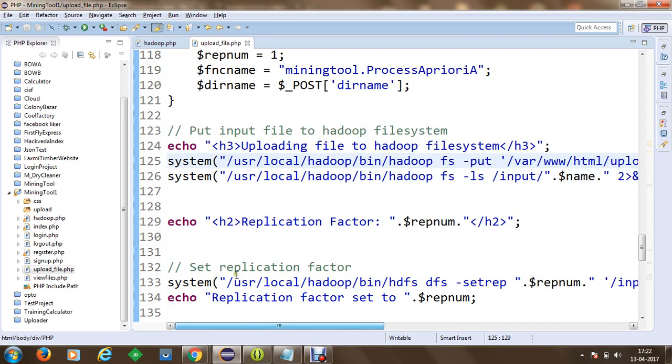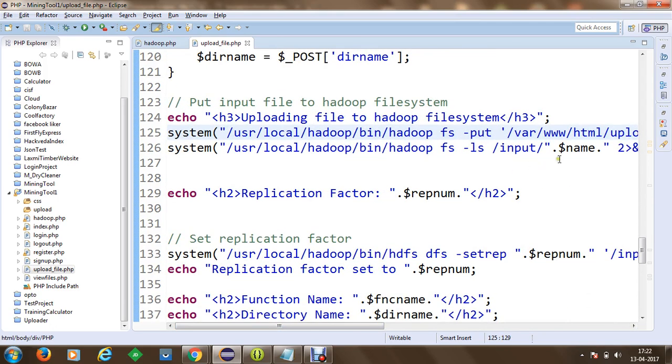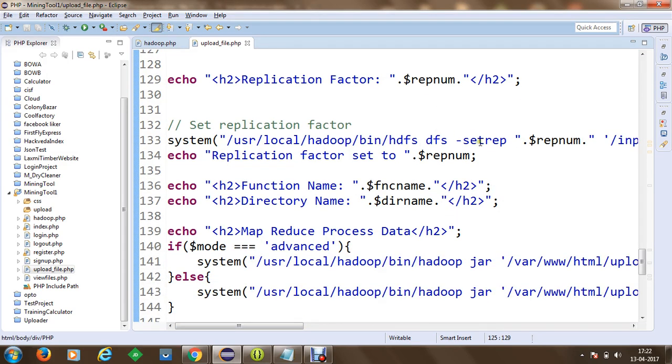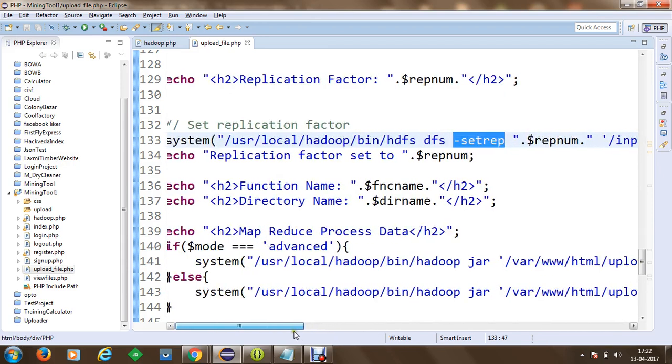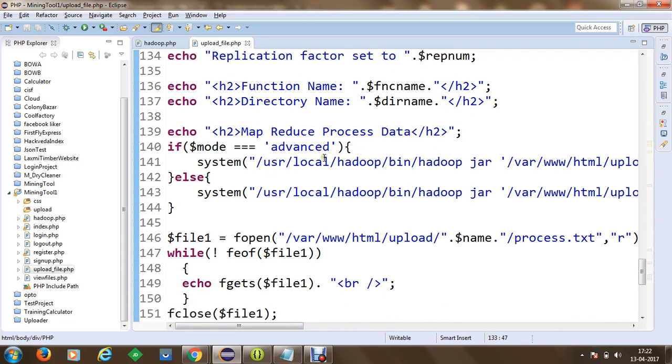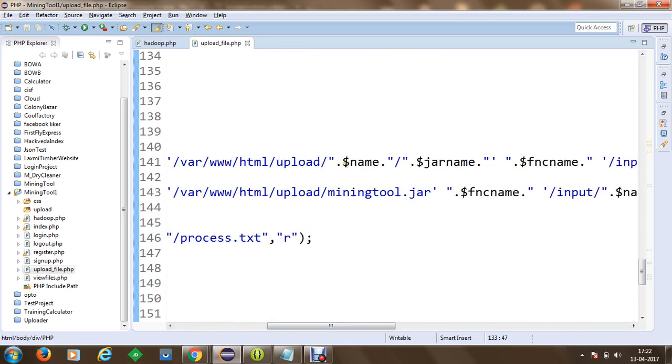Once it is done, we are going to get a list of files uploaded. Then we are going to set the replication factors. The replication factors can be simply set using the setrep option with the HDFS command. Once these replication factors are set, now we can identify whether we are in advanced mode. If we are in advanced mode, we are going to take that custom jar file which we have uploaded.